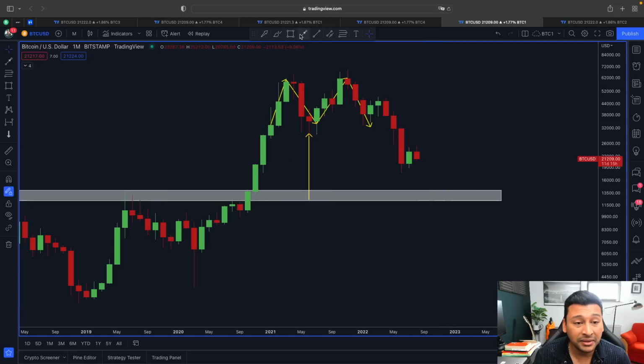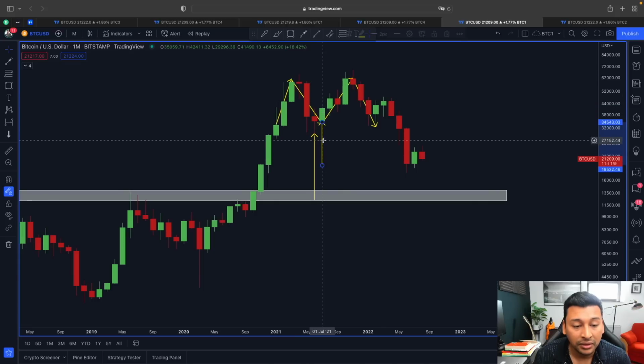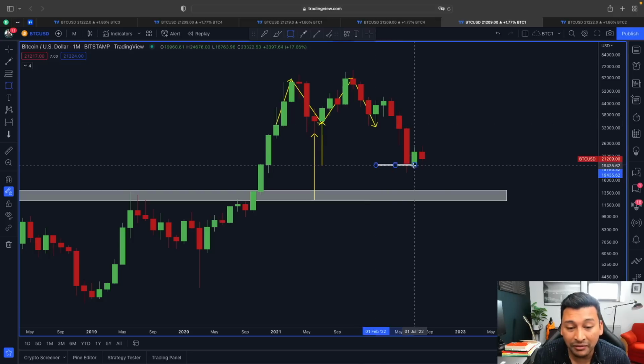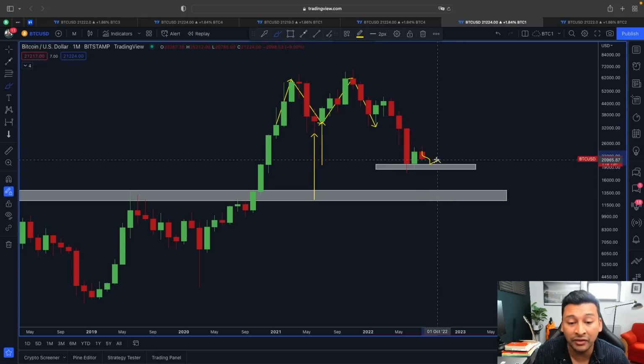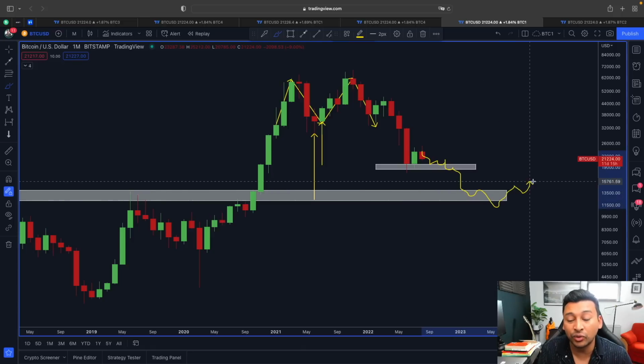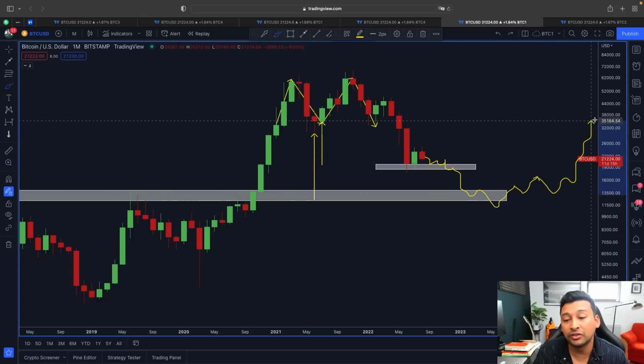But if you look at this in a very simple way, from where the body actually closed, from these candles, the target is around 19,500, and this is exactly where we came and found support. So now you can see, guys, with the previous example, we found there is a very high probability of price again testing the lower line area below 20,000, and if that is going to happen, then we have to be extremely careful, because losing this support could trigger another bigger sell-off where the price of Bitcoin is going to test the lower area around the 11 to 12,000 range and then only start with this new markup phase.